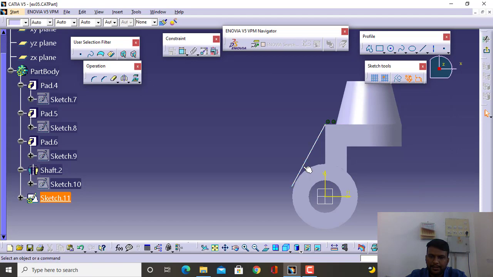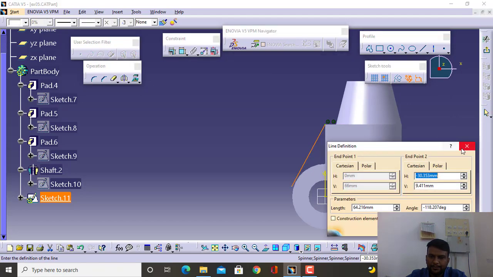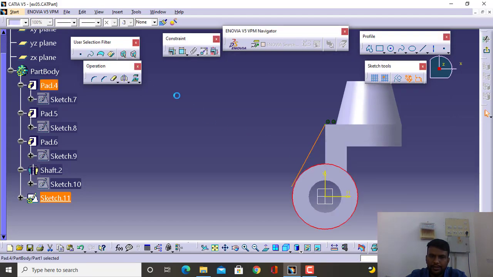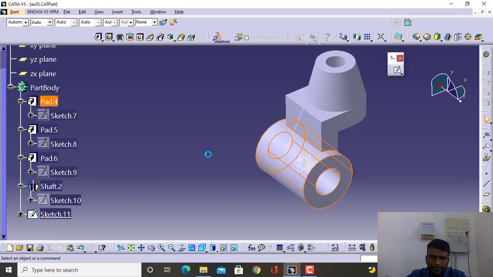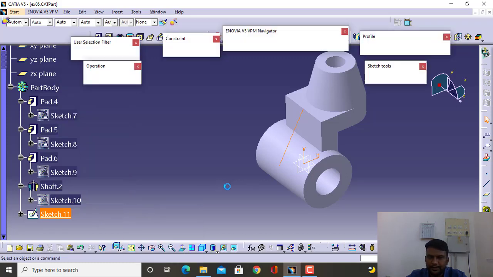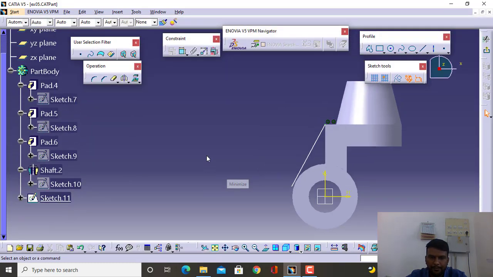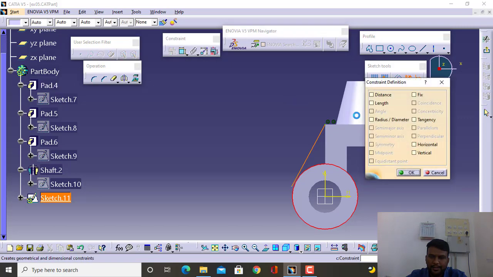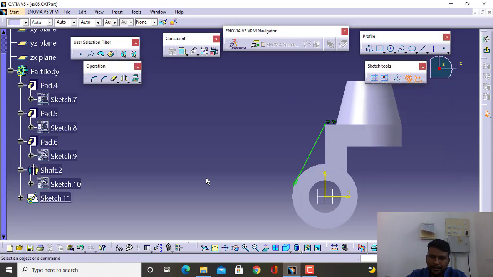Next, select this line and make it coincident with this circle. If there is a problem here, just go to edit. Sometimes this kind of problem will come. You have to be careful. And select this one and make them tangent.